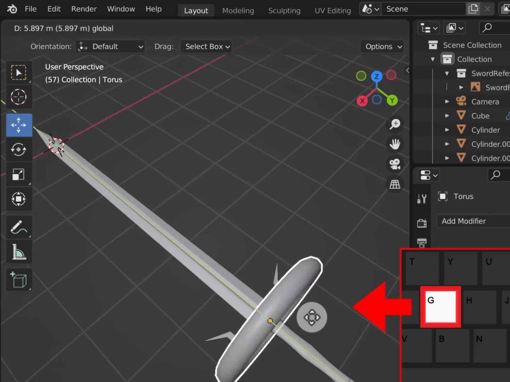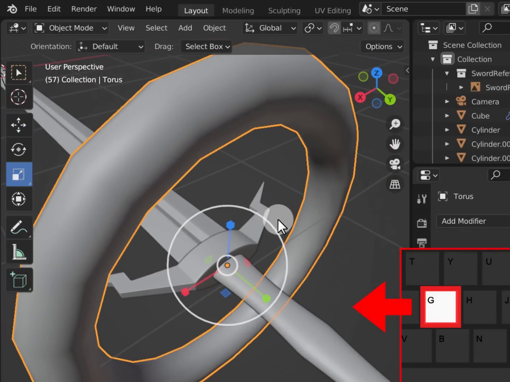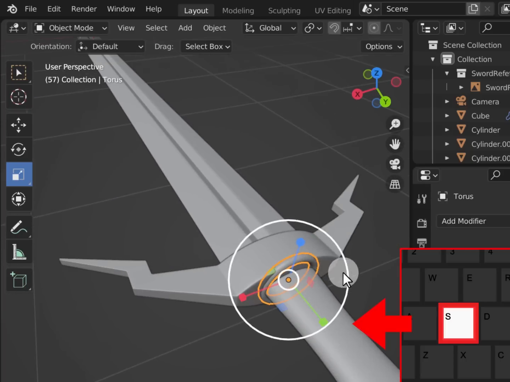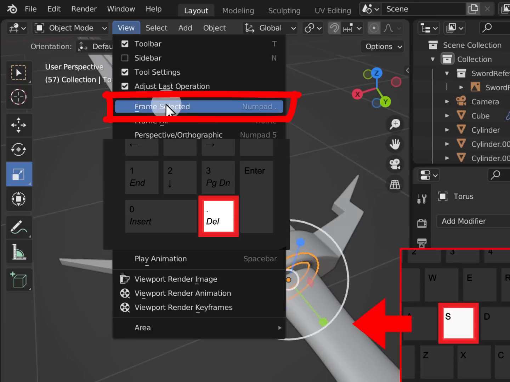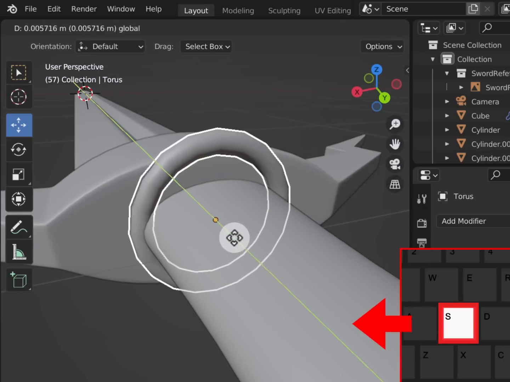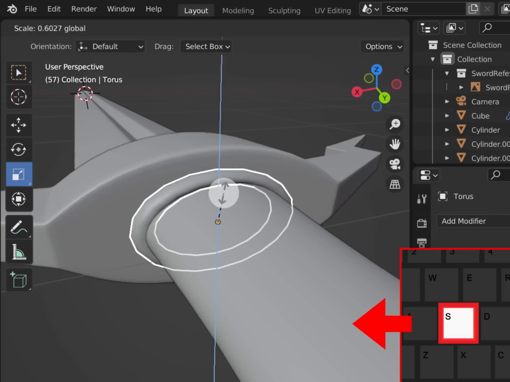I'll hit G and then use my move and grab tool to move it down in a rough approximated area. Then I'm going to scale it down using S. I'm going to start with the uniform scale and just get the width looking good. And friendly reminder, this is a good time for us to do our frame selected so that we can work a bit easier. And then after I have my width set, I'm going to grab the blue Z-axis, and then I'll start making the overall oval shape